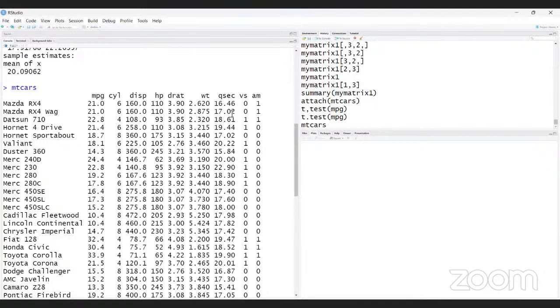And the categorical data is CYL, VS, and AM. Specifically, VS and AM is very clear because it is 1-0 type. So it's a binary. So what I can do,